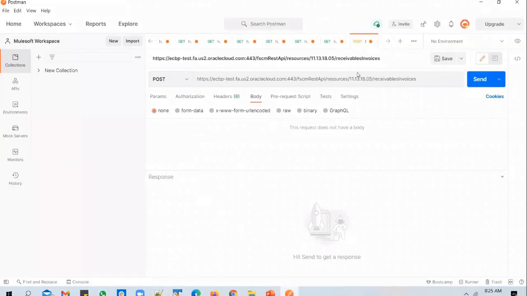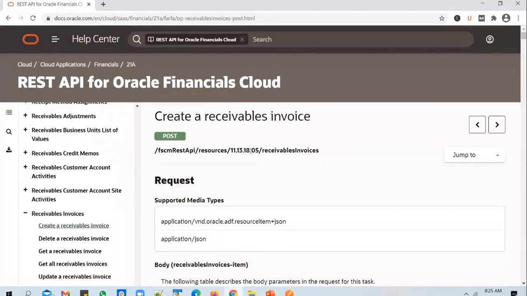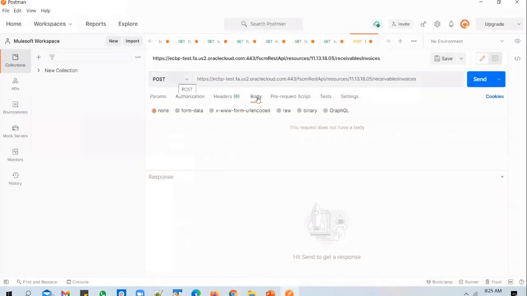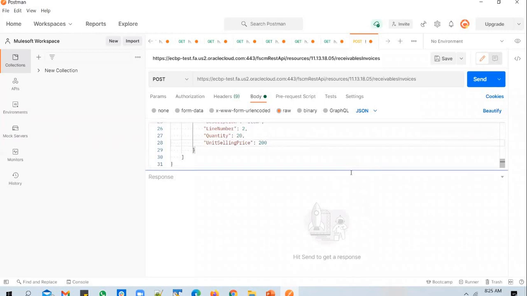So you copy this, go to the Postman tool. You change the method to post. You pick up this path, and to this path you prefix the ECBP test instance URL. You go to the body tab, select raw, paste in the JSON payload, and you also change the text to JSON because this is a JSON payload, and you can format it if you want.